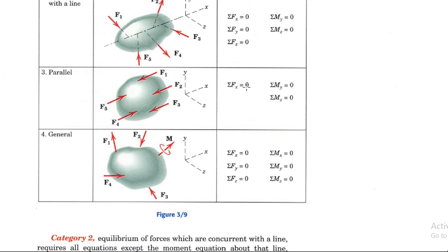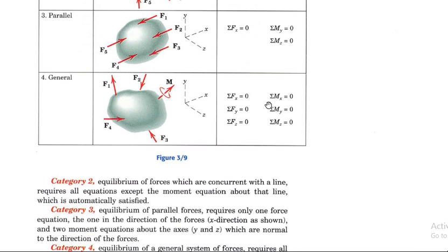So the summation of forces in x direction is equal to 0 if all the forces are in x direction, but it can be in y direction, then the summation of forces in y direction will be equal to 0, or the summation of forces in z direction can also be equal to 0 if the parallel forces lie in the z plane. So in this case all the forces lie in the x direction, horizontal plane. So the summation of moments about the y-axis is equal to 0 and about the z-axis also equal to 0. General: all the forces in any direction, the summation of all the forces in three dimensions will be equal to